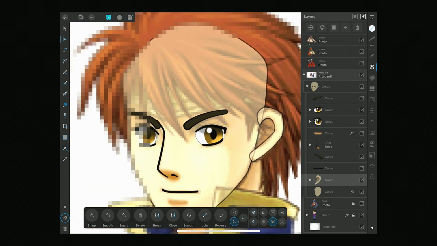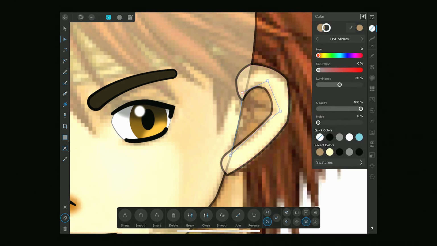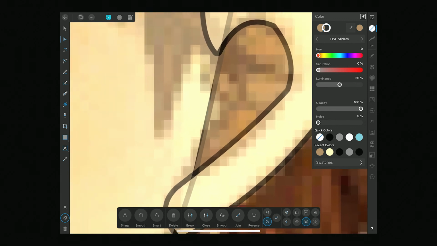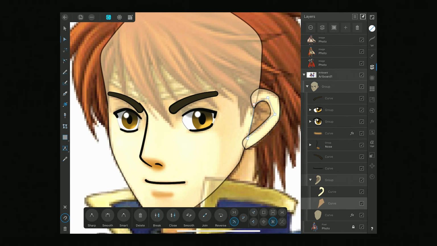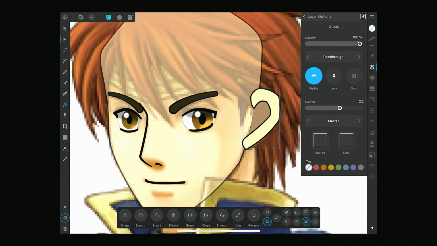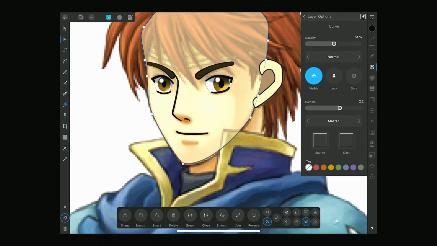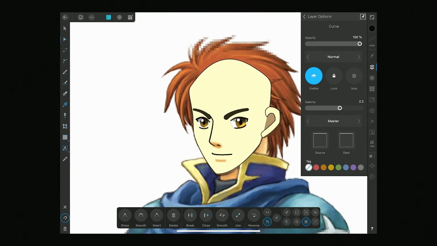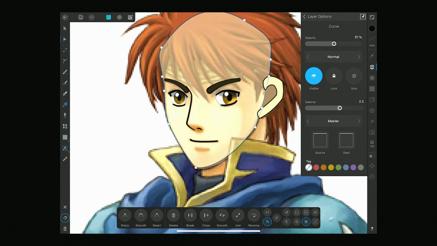And then we can add more stuff to the ears later. But for now, not terribly concerned about it. Let's get rid of that stroke. Okay, put that opacity back up. Same with you. So there we have a Fire Emblem face, more or less. But we're going to go back